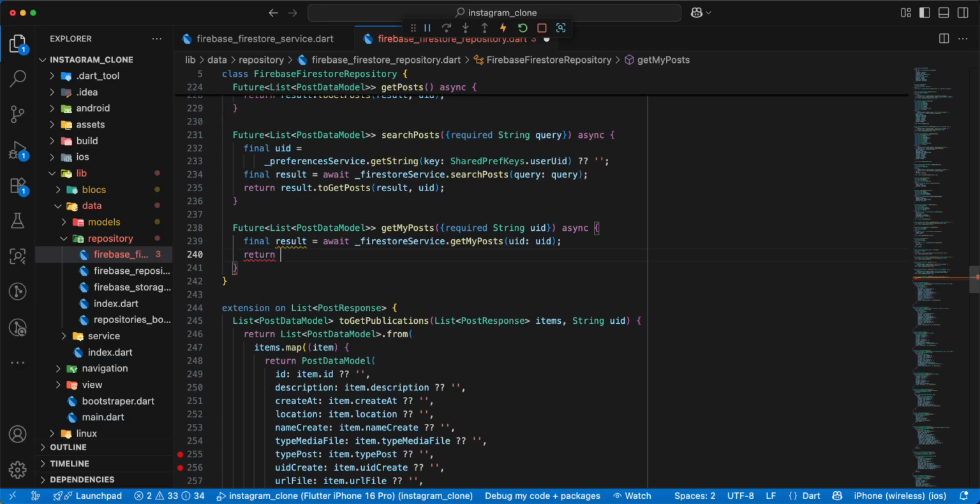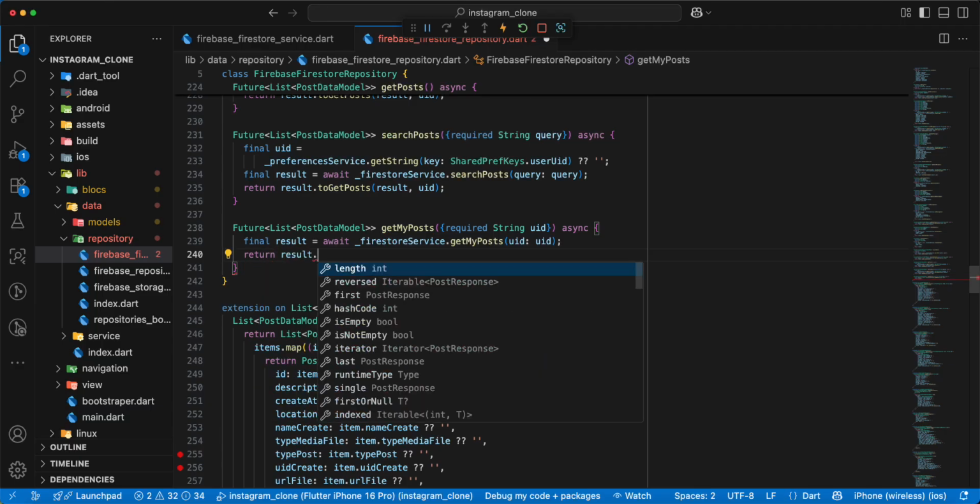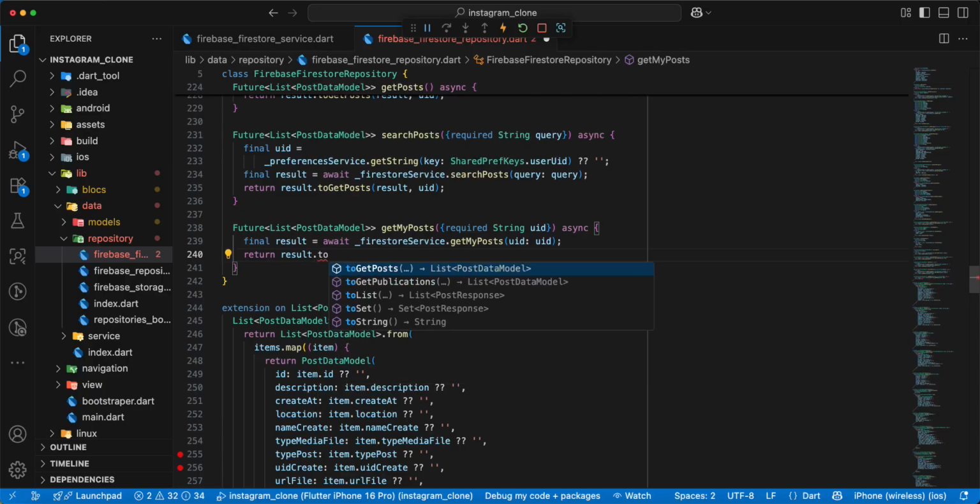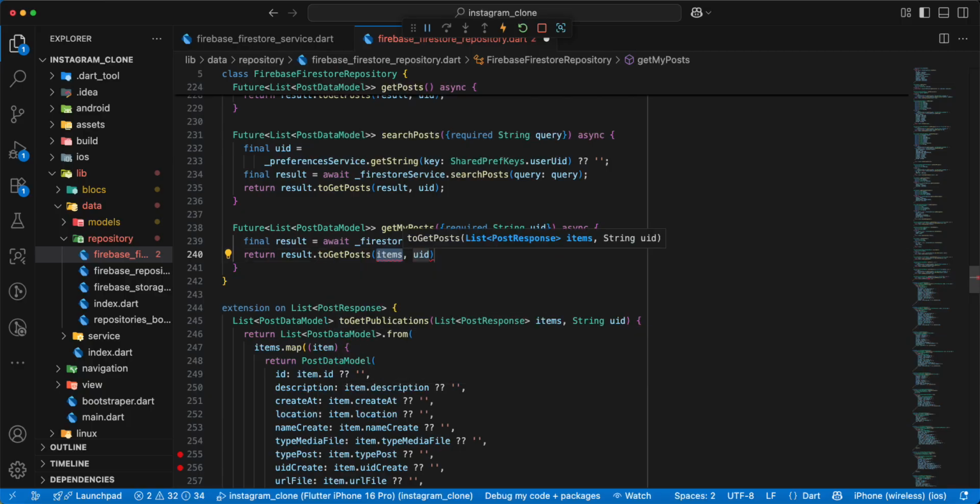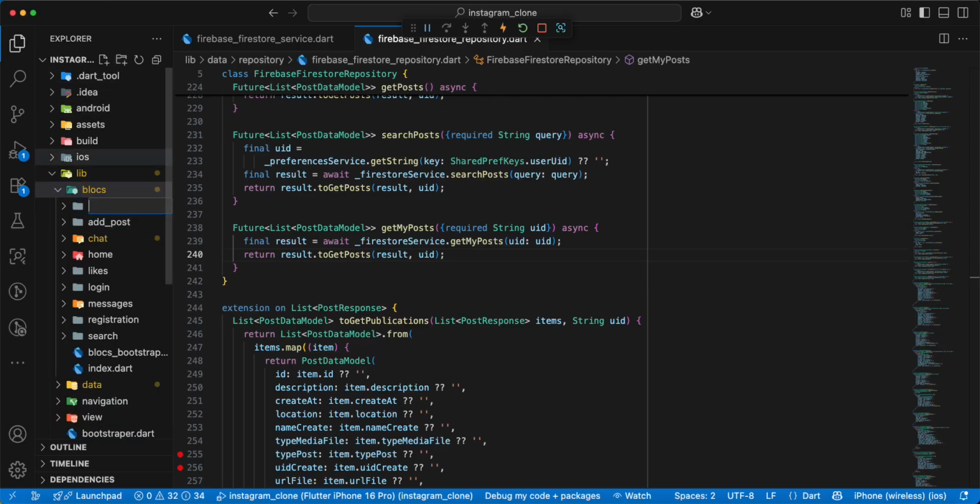Write return result to getPosts, write result. Save. Then we open blocs, add folder profile,